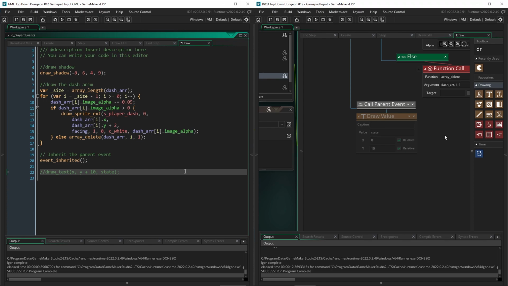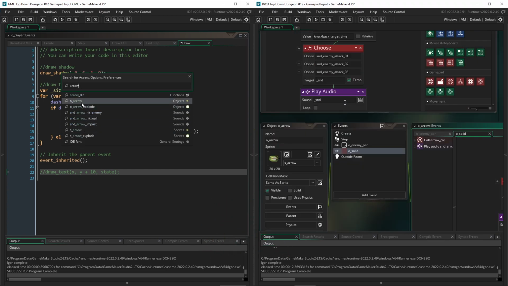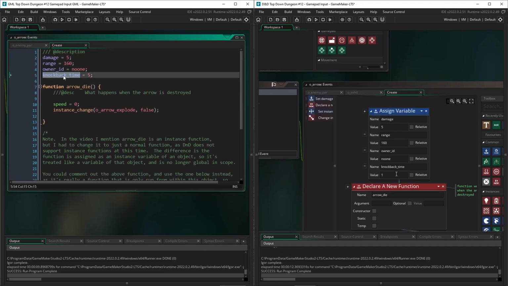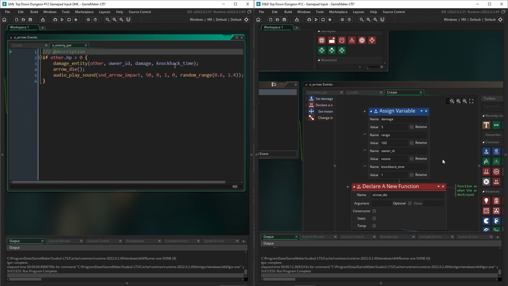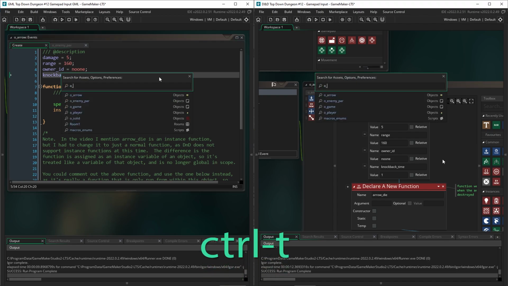Now for the player, who doesn't use a knockback target time on their arrows, if we look at the arrow create event, it actually has a knockback time by default, and we're setting it here. But I think it's better if the player also has a knockback target time, because you can make different weapons have different knockback times. And if you have the player picking up power-ups, for example, they could have a weapon that has a larger knockback time. So just in our player,